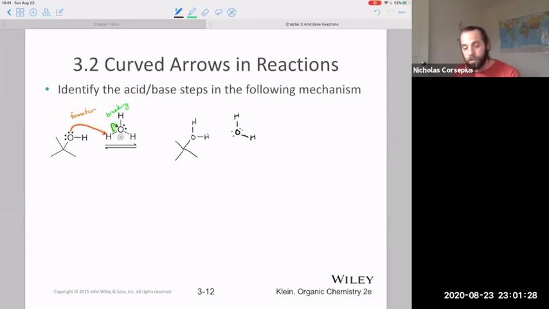The other thing you got to make sure to do is pay attention to charges. I have an oxygen that has 3 bonds and 1 lone pair. So this needs a positive charge. You'll get really good at being able to tell when something's going to get a positive charge and a negative charge. It's just something to be mindful about because it is one of the more difficult parts of drawing reaction mechanisms. Okay, so here's the product of the first step. This first step actually is an acid-base reaction, but we're going to see a few steps after this that aren't. Okay, so now that we followed this one,